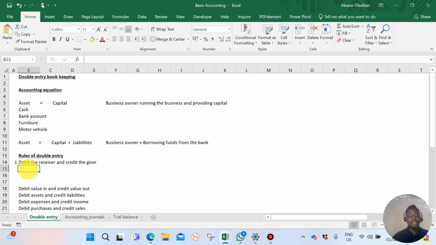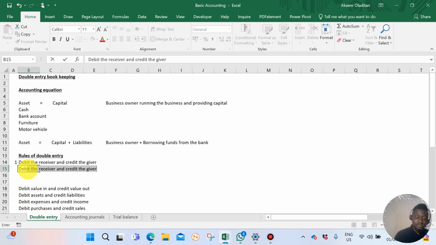So let's say for instance the business owner approached the bank to borrow funds from the bank. When the business owner borrows funds from the bank, then it means that